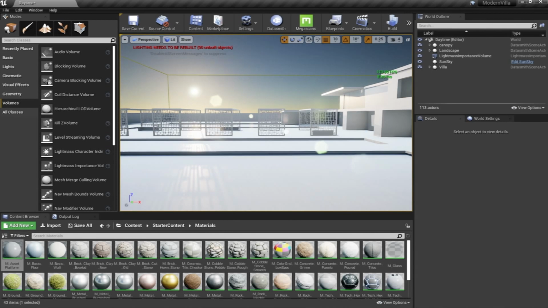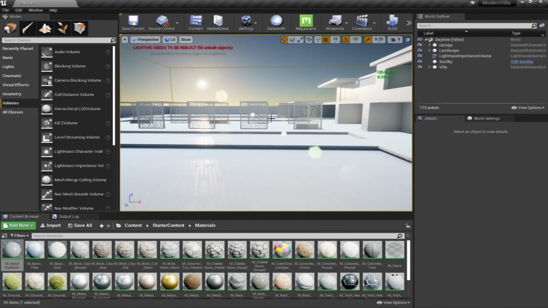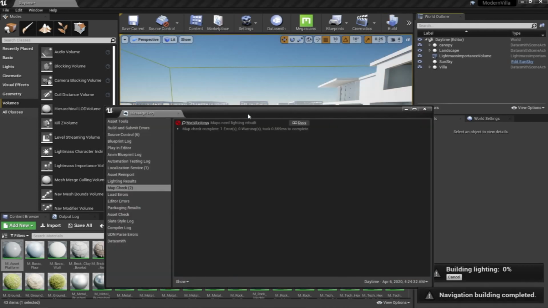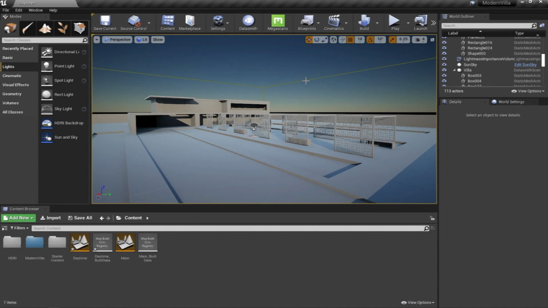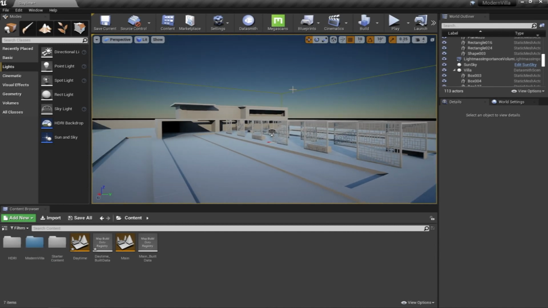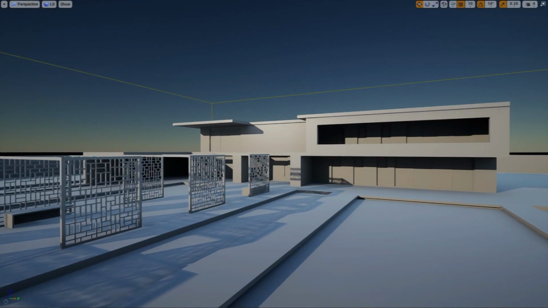Alright, so let's hit build again and see how the lighting will show in the next build. So I'm gonna hit build and pause the video again and come back once the build has finished. Okay, so our lighting build is finished. So again, if we click F11 to maximize our viewport,